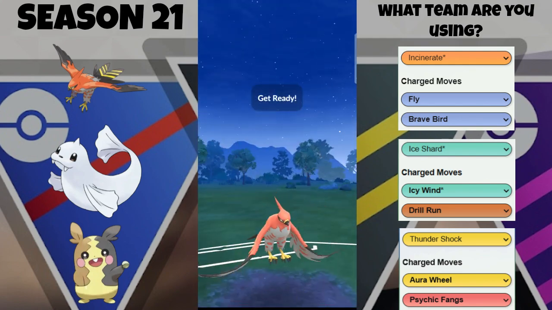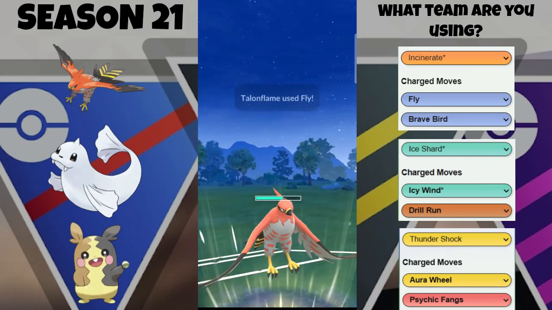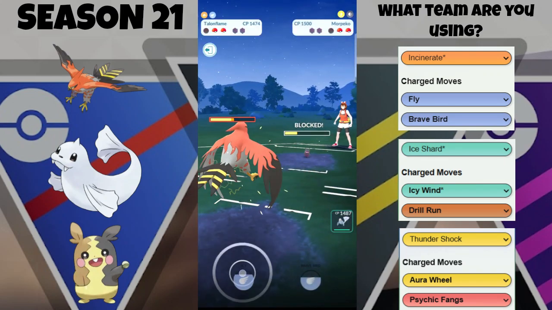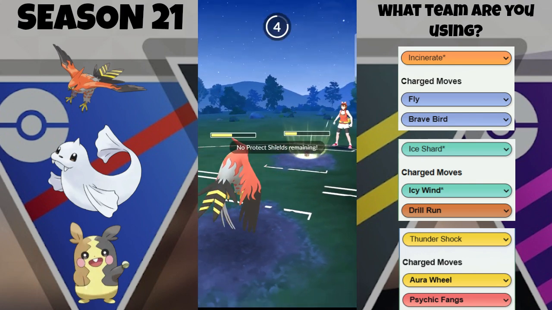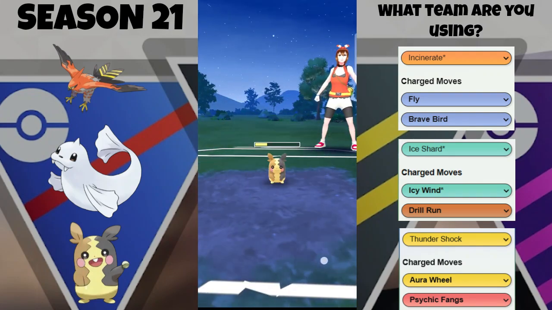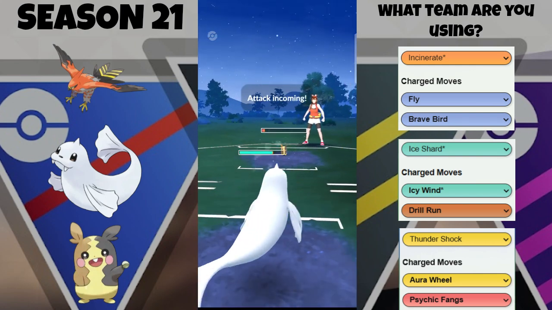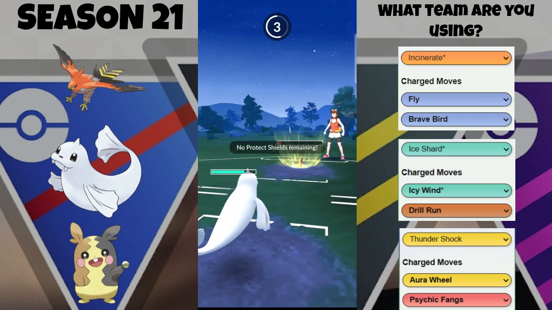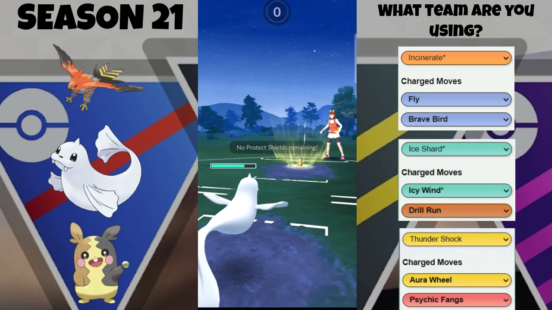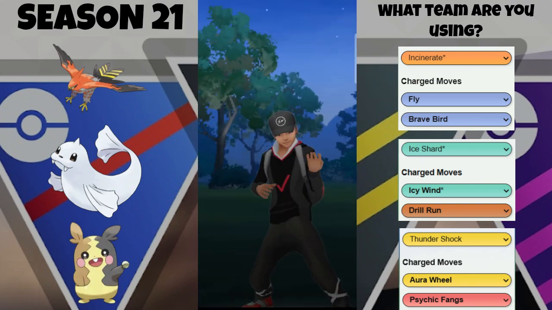As you can imagine, Dewgong and Morpeko at an energy disadvantage of our own is not going to bode well with this. So unfortunately, they are going to just ram through our last two, and yeah, this Morpeko just found the perfect spot to be in at the end, and they're going to be able to throw another Aura Wheel for the KO. So a little bit unlucky that